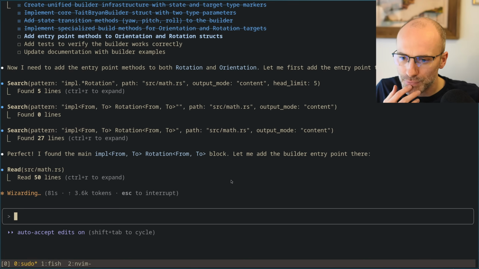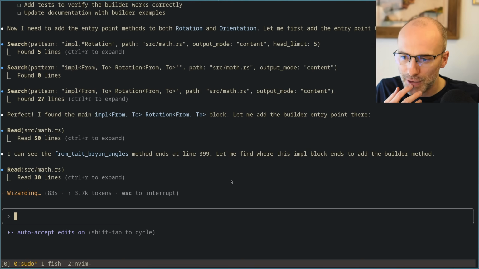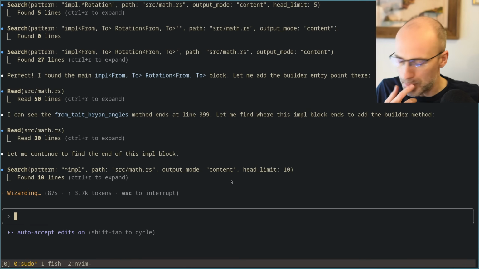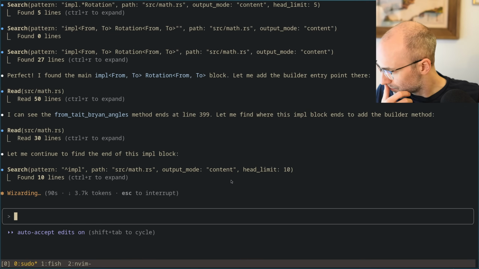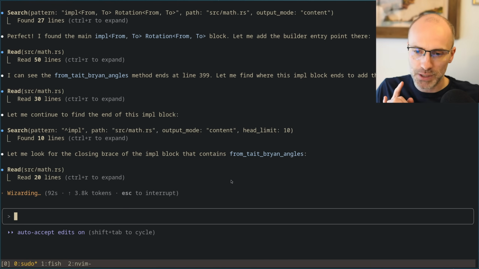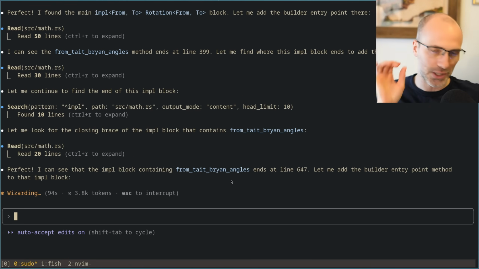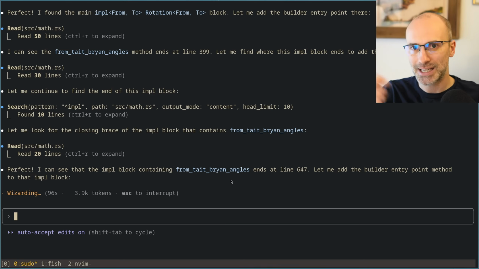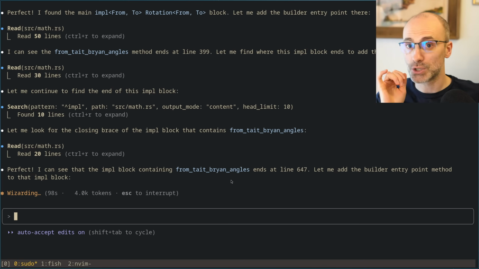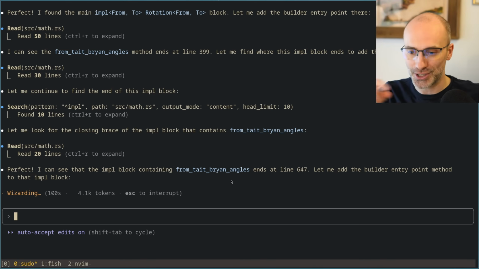Would it make sense for the phantom data for state and target to be phantom data fn to t, since these types are referring to what's being returned, or does it not really matter? They're not referring to what's being returned, though, because notice the constructor has separate types called orientation target and rotation target, which are not the actual target type.